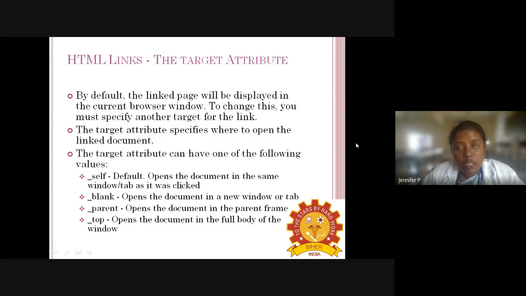A website has many web pages, and the first page is called the home page, which is the parent frame. And underscore top opens the document in the full body of the window. So this is how the target attribute helps to link to another page where you want the page to reside.